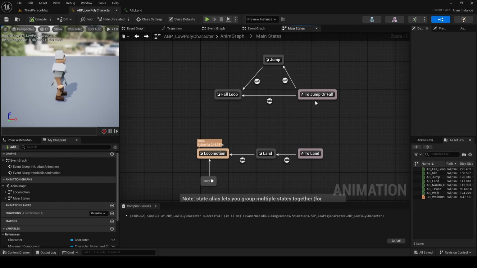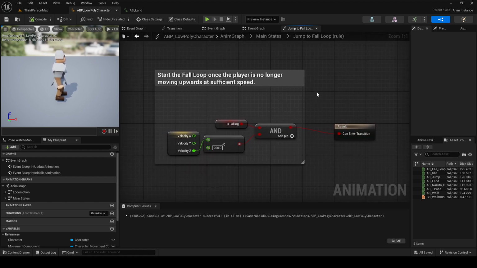And then if we have gone to the jumping animation, we play the jumping animation if we are essentially falling upwards, so off the ground and moving up. Play the jump. And then I ran into a little bit of trouble here. I'm not sure how they implemented it in the third person projects because it wasn't like this, and I get warnings when I try to do it the way they did it. Maybe they've done it somewhere else in the blueprint, but essentially I've settled with this for now, which is saying